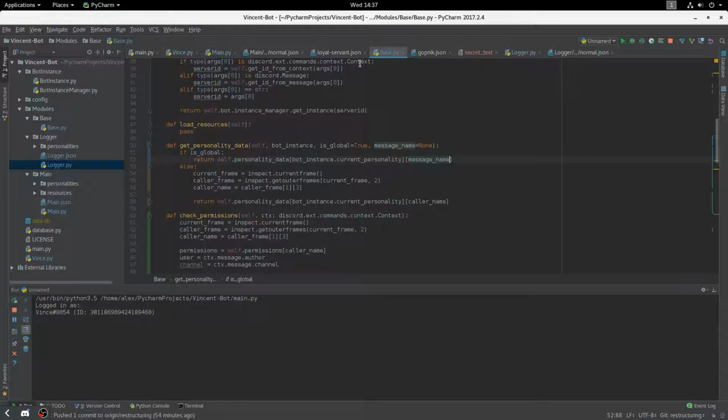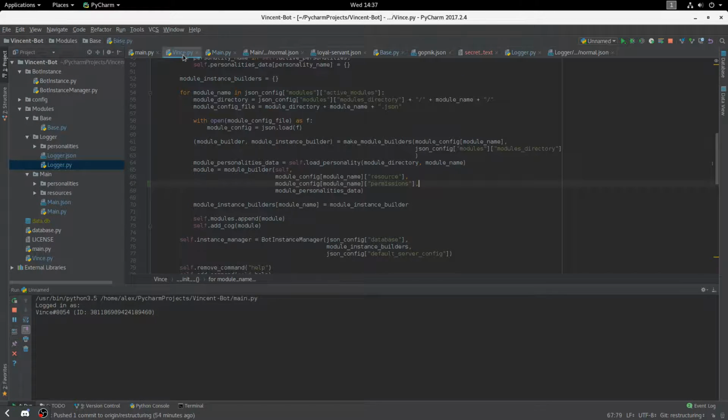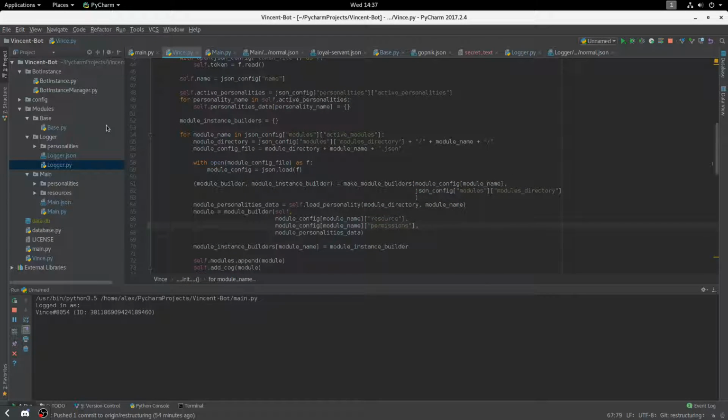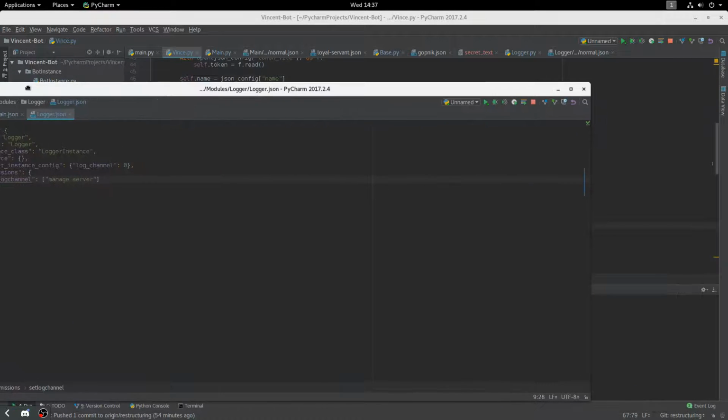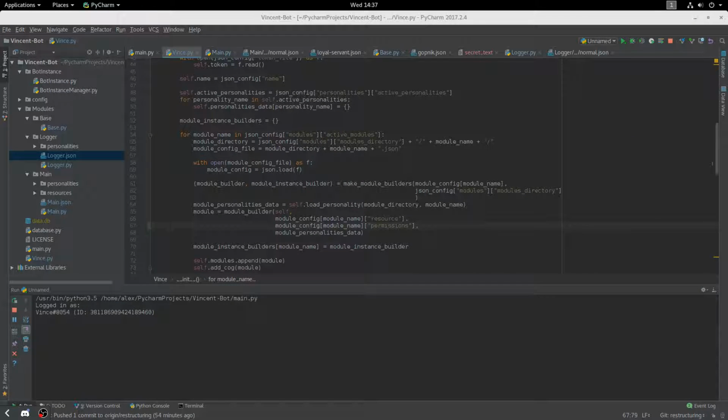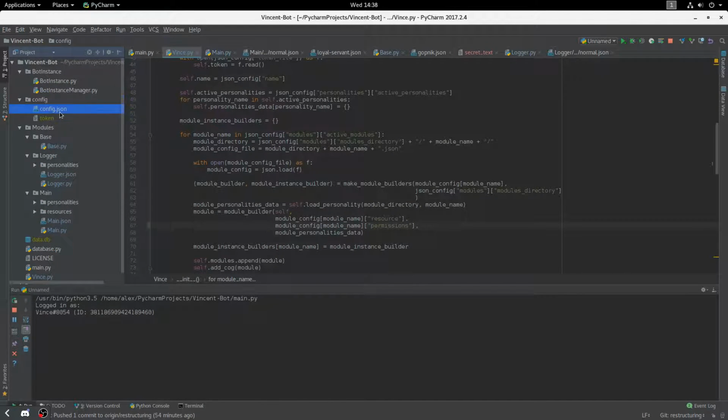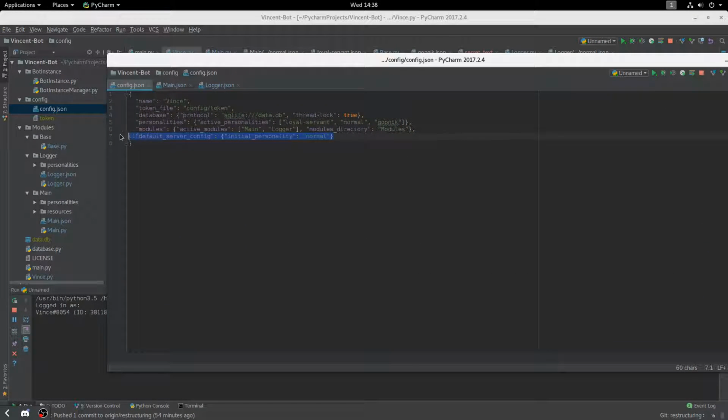So inside this, the best thing about this is that we cannot call function names, we cannot call functions global. So inside of here, where is my JSON, I will have a global personality data. So I will need inside config default server config personalities, active personalities here. Global. Now global will contain a folder